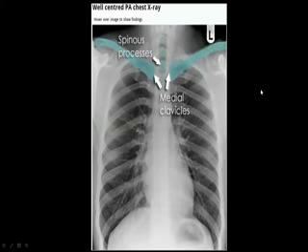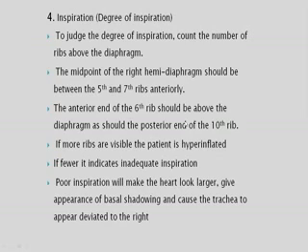What is the point of identifying it? If it is fair enough, then we can continue seeing the structures on the X-ray. If there is too much rotation, then we will have to repeat the X-ray, because it will be pointless reporting artificial structures. So that we should see. When we see the film, we should check for rotation.